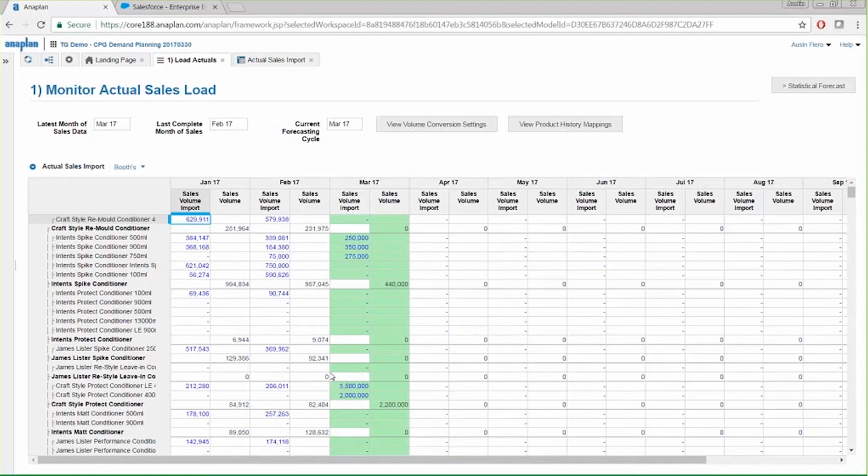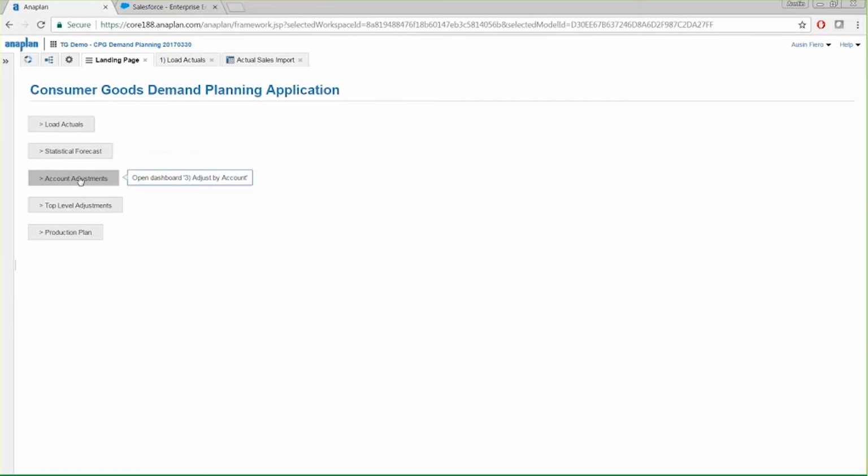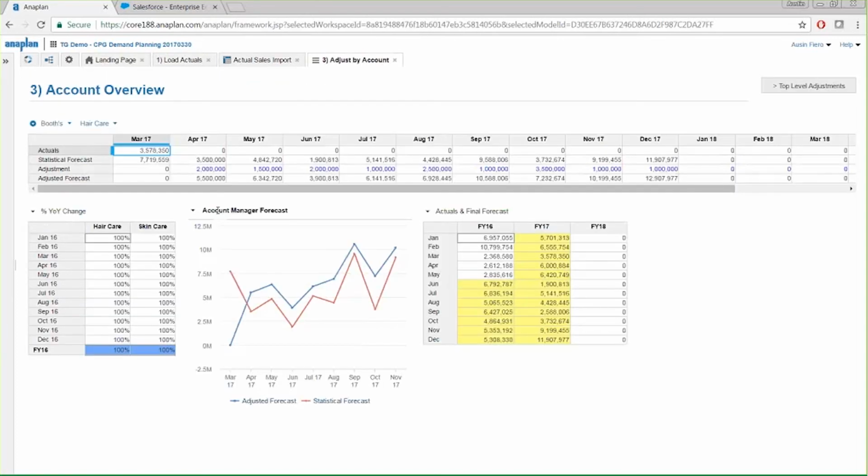But my job isn't done as a supply chain modeler. I have the responsibility to ensure that my company's forecast sales volume is appropriate as well. With this increase in March sales volume above normal, thanks to Amanda's hard work, I think we need to update the forecast for April and May to reflect these increases. So if we go back to our landing page and we go to our account adjustments, another dashboard,